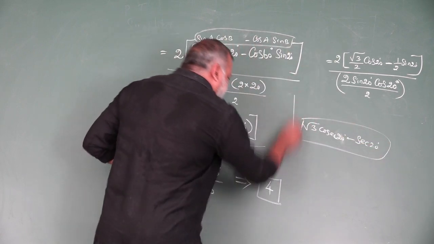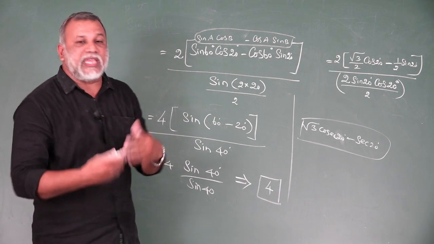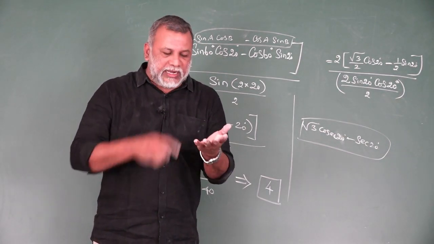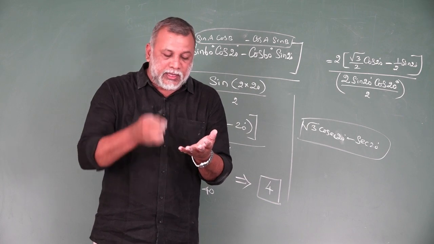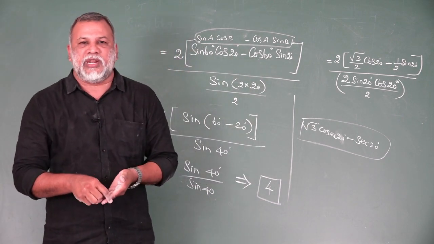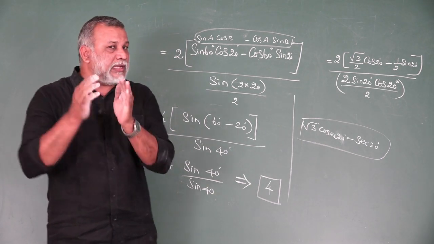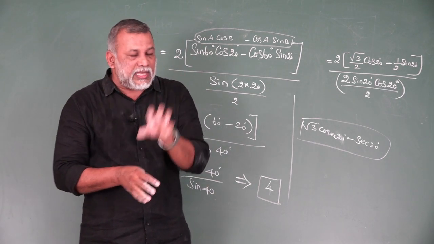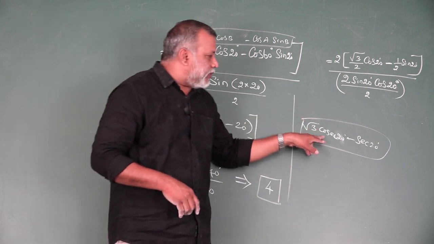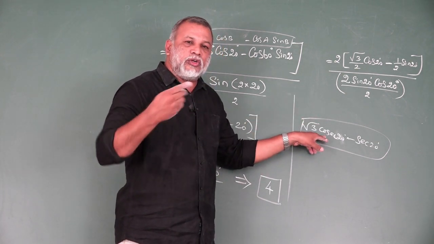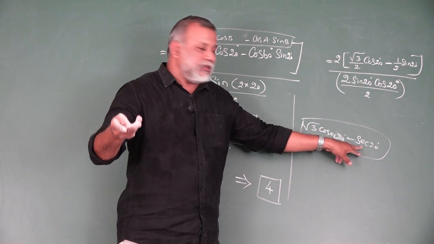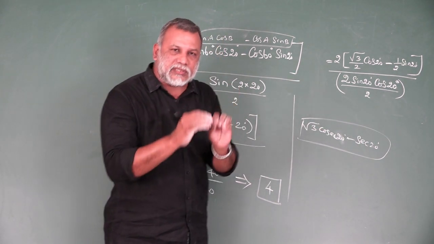So we have to convert this data in terms of sine cos. The reason is we have 6 compound angles: sine of A plus B, sine of A minus B, cos of A plus B, cos of A minus B, tan of A plus B, tan of A minus B. We have the 6 relations in this sine cos tan only. Therefore, cosecant is converted to the sine family, and secant is converted to the cos family. That is the first logic.